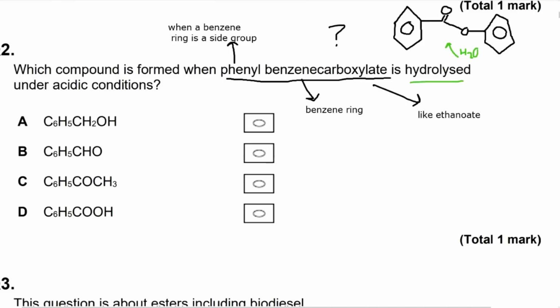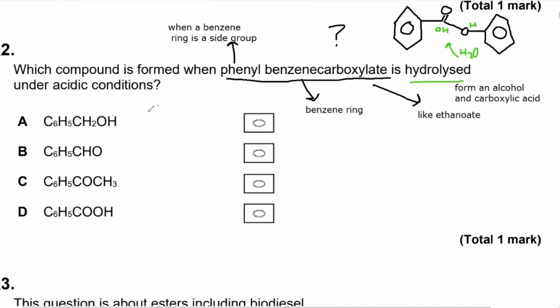So during hydrolysis, we're going to add an OH to the carboxylic acid group, and we're going to add an H to the O there to make an alcohol. So really, when you break up an ester type bond, you're going to form an alcohol and a carboxylic acid. So that means our product A, B, C, or D that it's talking about has to either be an alcohol